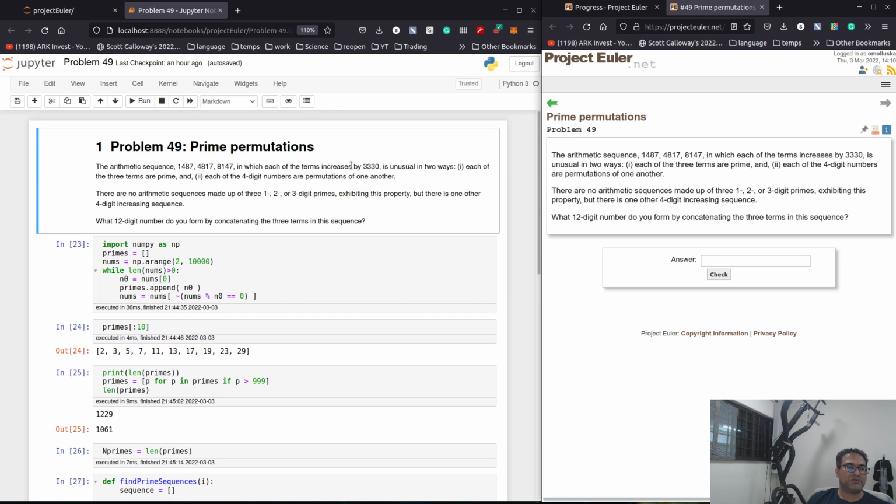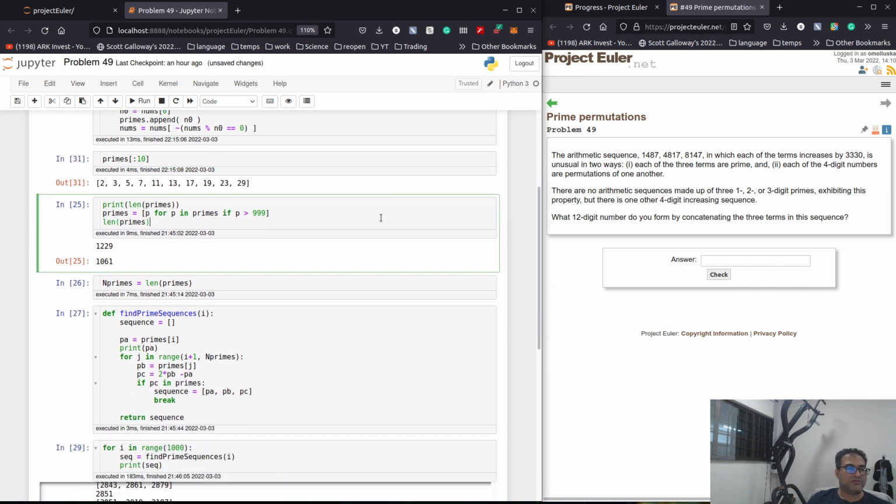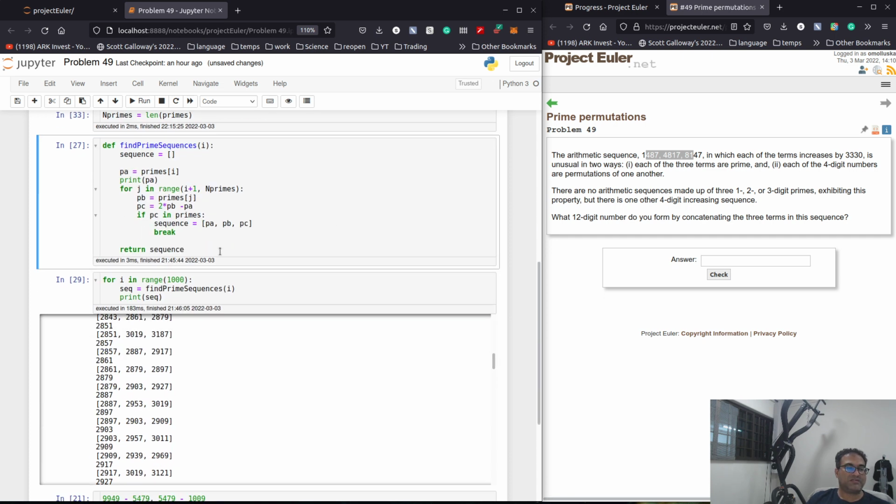So what we had done is we had created a bunch of primes, and we only care about 4-digit numbers, so all the numbers below 999 will be truncated. So we have 1061 primes. We'll put that over here, and what we had done was that we had